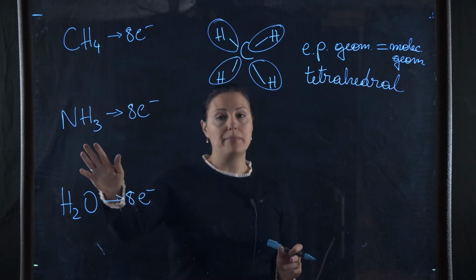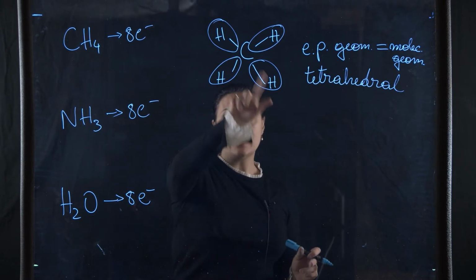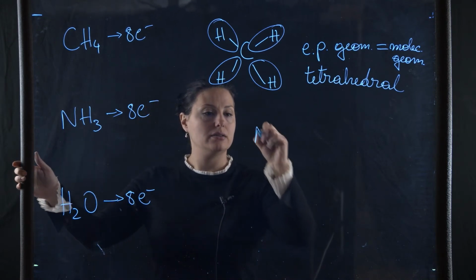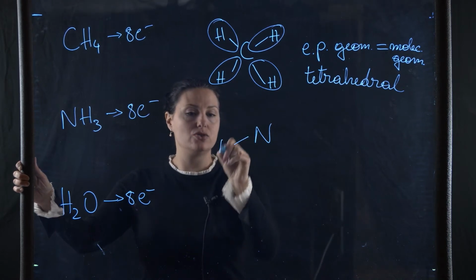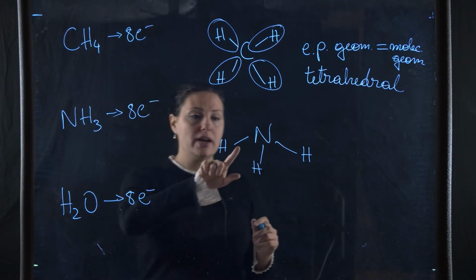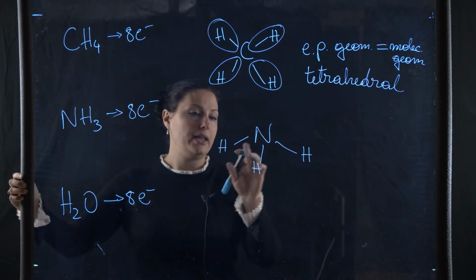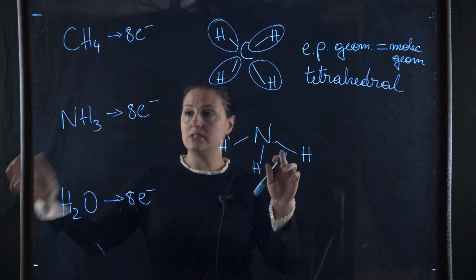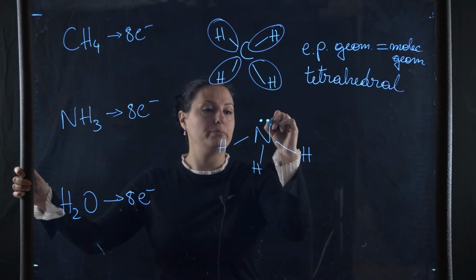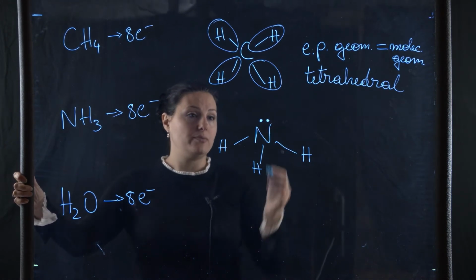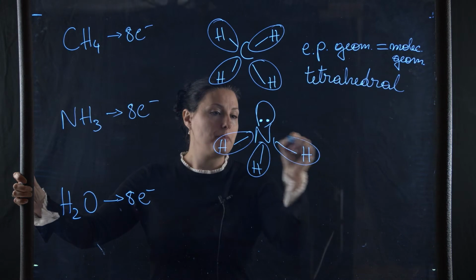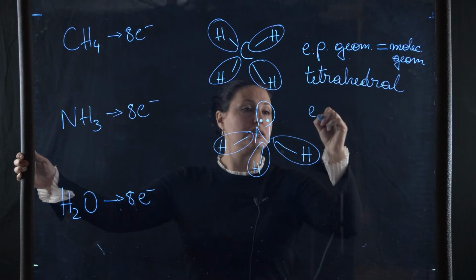Now let's take a look at what happens when we have one less atom bonded to that central atom. Nitrogen is my central atom in this case and is bonded to the 3 hydrogens. Now the hydrogens are happy. They have their 2, and nitrogen has 2, 4, 6 around it, but I have to use 8. That means that nitrogen has to have that lone pair over here. Now what have I done? I still have 4 groups around the central atom, which means that the electron pair geometry, it's still tetrahedral,